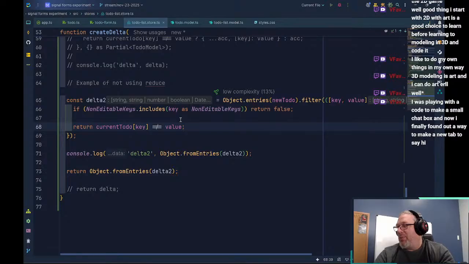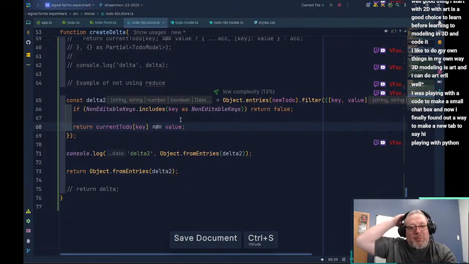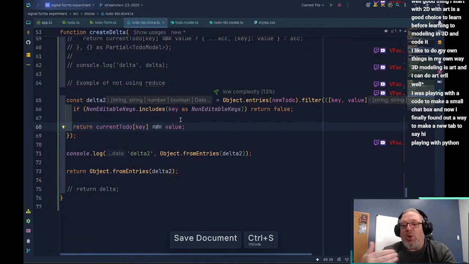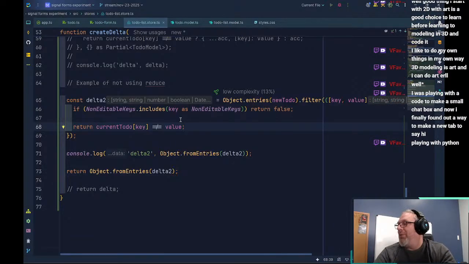And that's what I love about what you're doing. You're going in to learn it yourself. Oh wait, no, you're talking about in Godot. You created a tab to say hi, right? Like you made a significant step, and those dopamine hits just keep you going. Playing with Python, exactly.